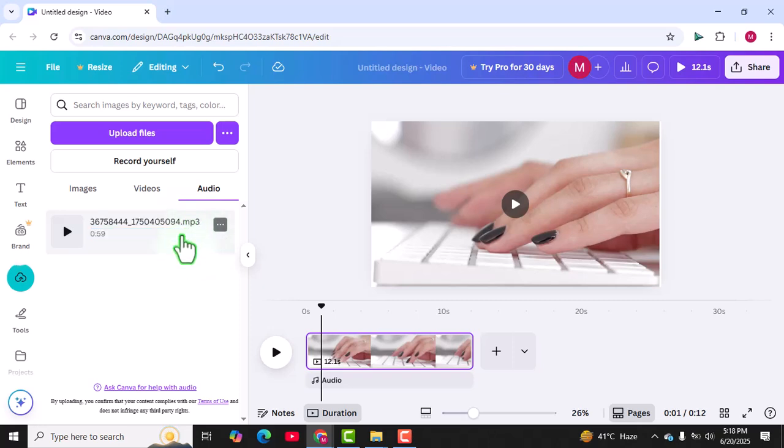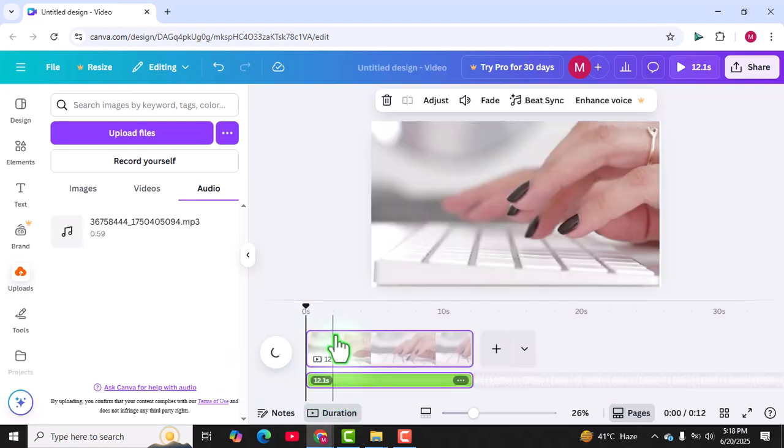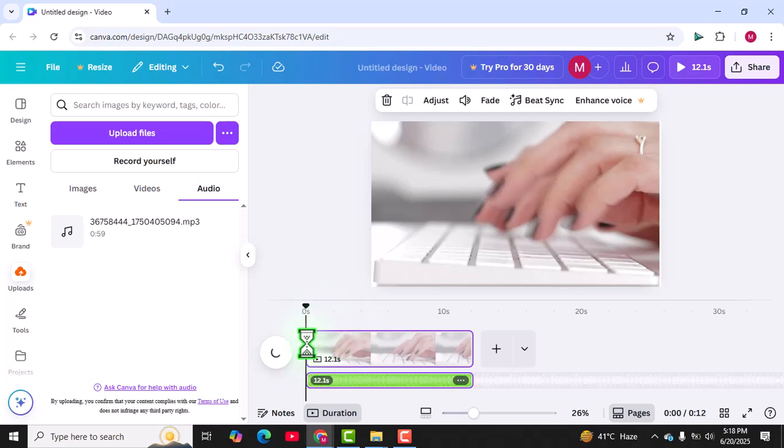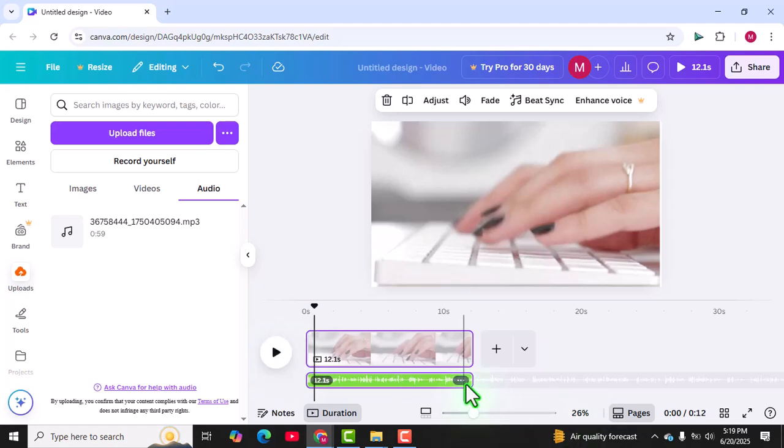To add the audio to your video, simply click on the file or drag and drop it into your timeline. You'll see a bar appear at the bottom labeled Drop Music here, but don't worry, it works for any audio type. Once the audio is added, you can customize it by clicking on the 3 dots next to the audio